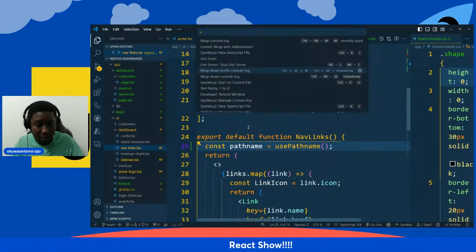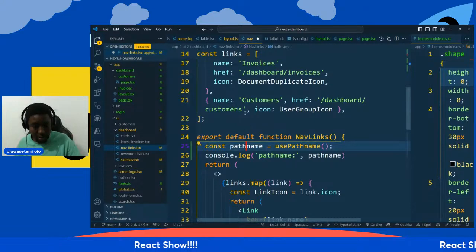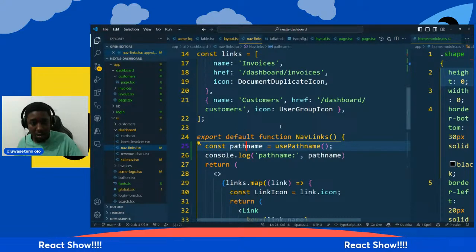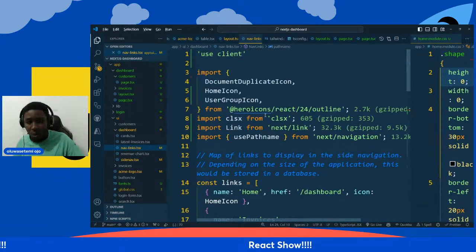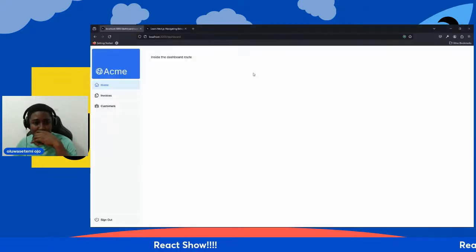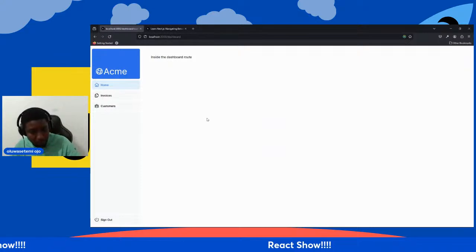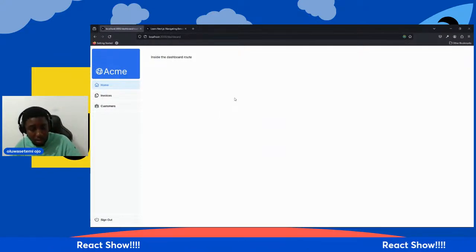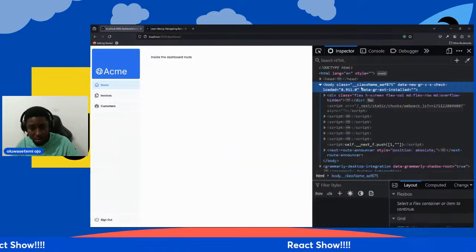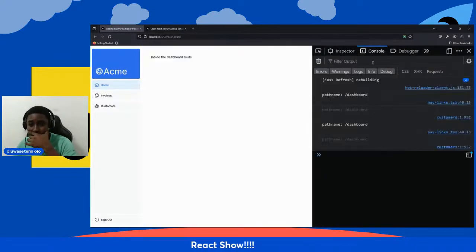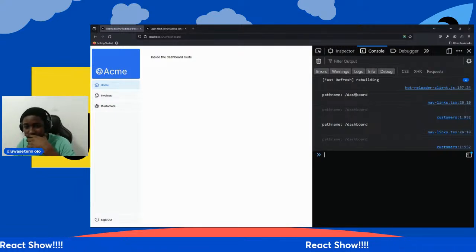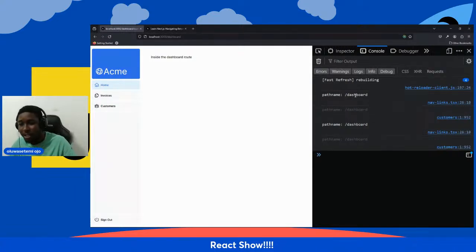Wrap it in console.log. So this way, it will only be logged in the browser. I think so. It should only be logged in the browser. So you can see that the path name is /dashboard. So if we are in the dashboard route,